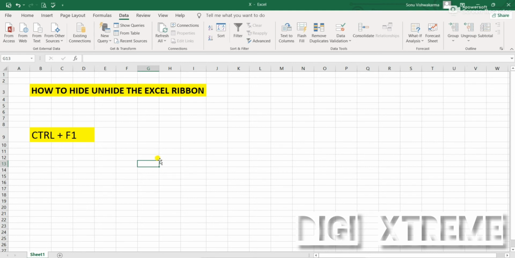And one thing more I would like to tell you, if you are using a laptop, then you will be pressing Control Fn plus F1. First you need to press Control Fn plus F1, then this ribbon will hide, and if you have to get the ribbon back, then you need to press the same. And if you are working on a desktop, then you just need to press Control F1,